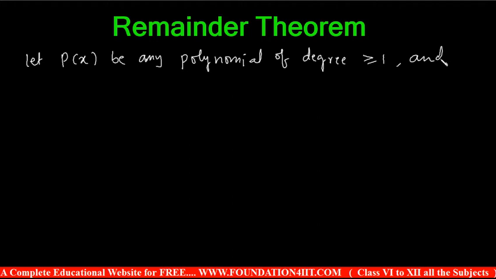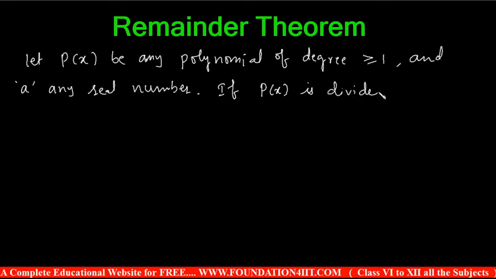And take a number, let it be a. A is any real number. These two statements: P of x is a polynomial of degree greater than or equal to 1, and a is any real number. If P of x is divided by x minus a,